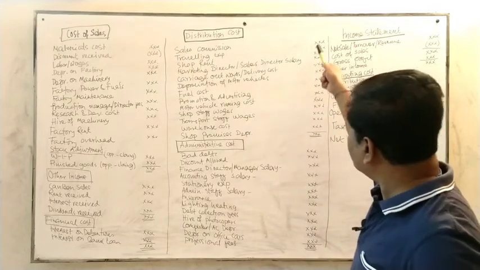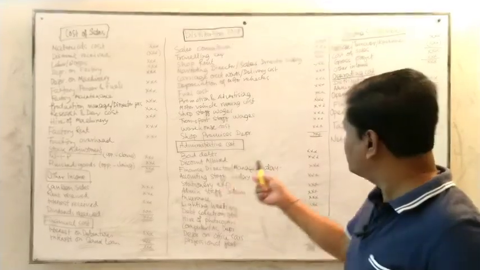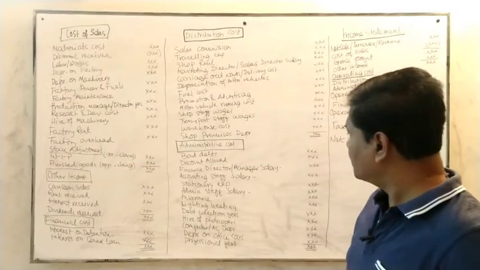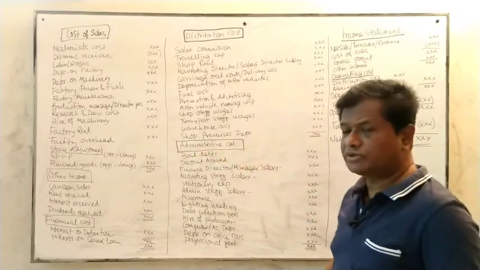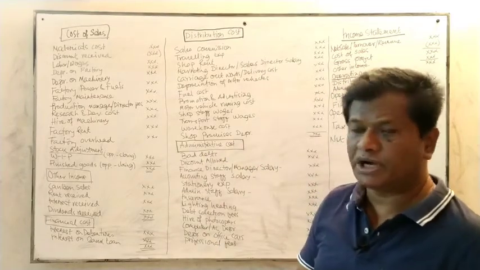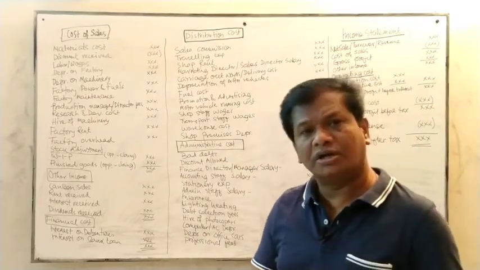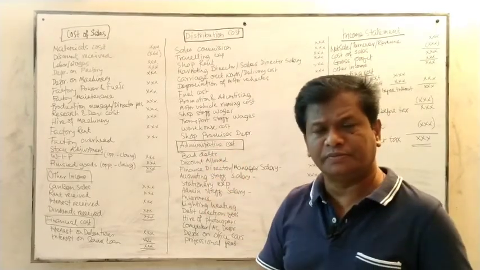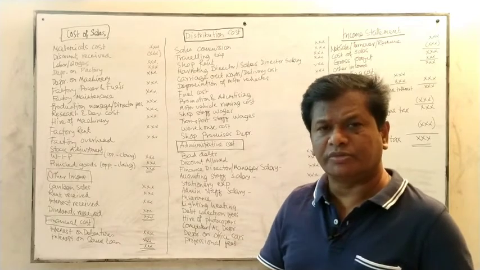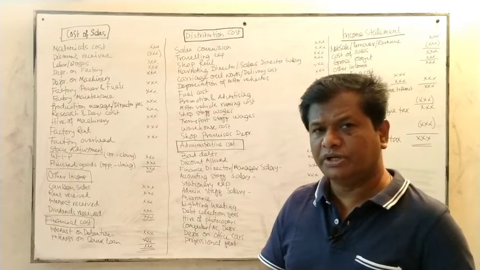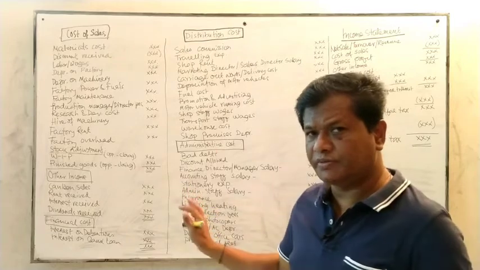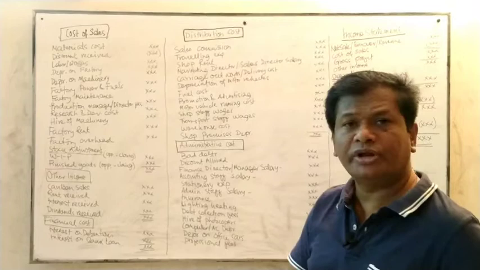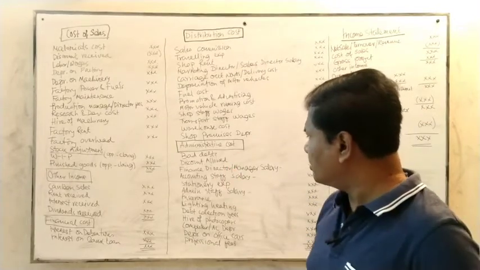Now all the figures are to be added up. The total figure comes over here, and this goes to the income statement. You see the administrative expense. Whatever the administrative expenses are, they are normally given in the question paper. More or less you will get those items in your question paper, and whenever the question paper is there, you have to pick these items. More or less, the components of administrative expense are written over here.